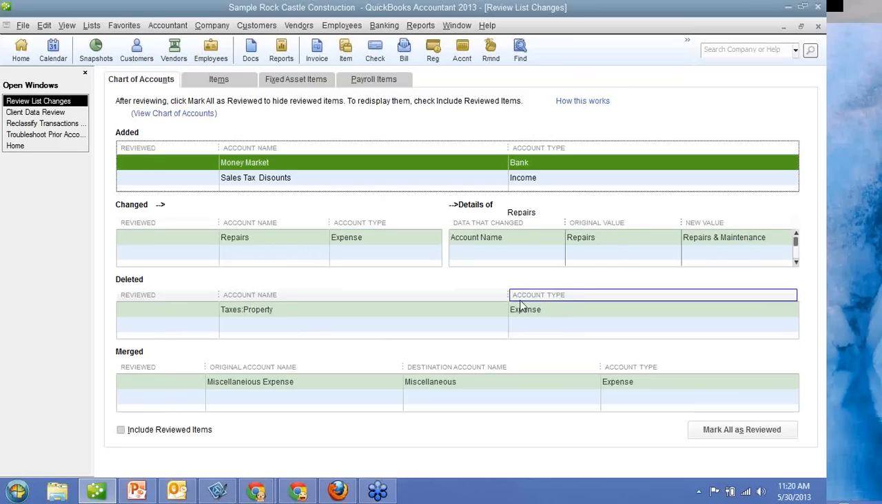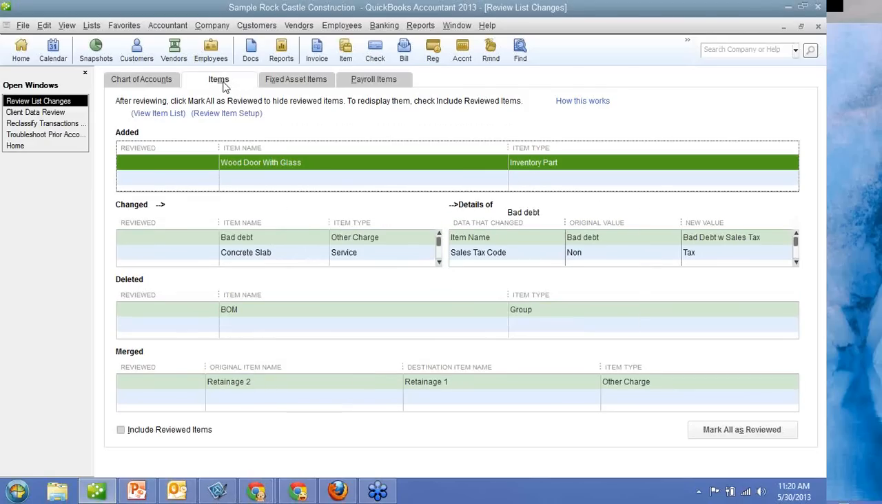So this allows you to review things to see if it's okay. Here's something they deleted, and here's things they merged, because there's no way to see things that they've merged, especially like with the items list. If they make changes to the items, when they go in and change the accounts or something, they can tell